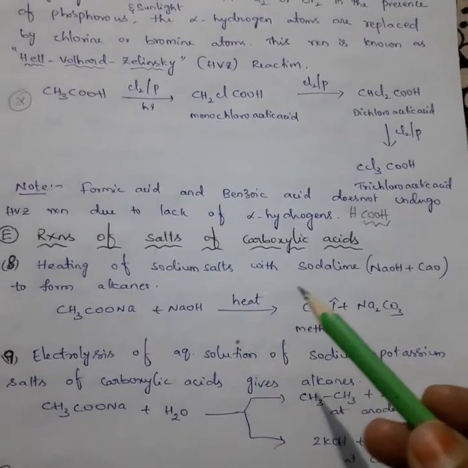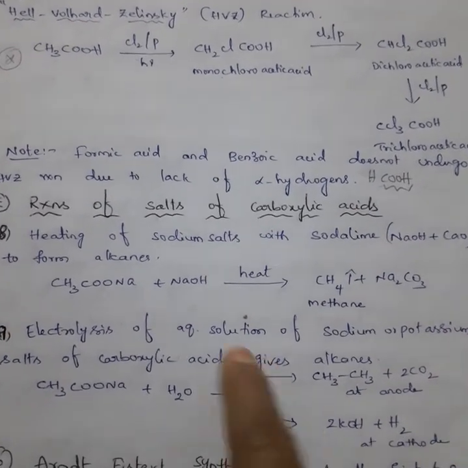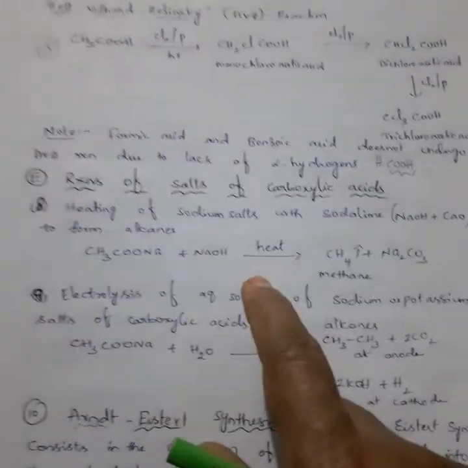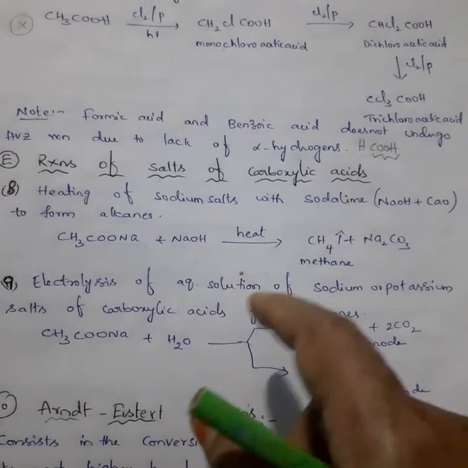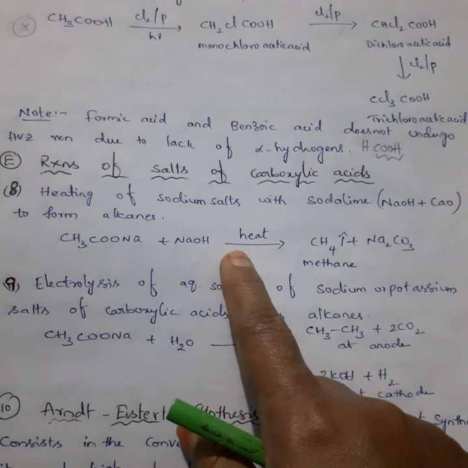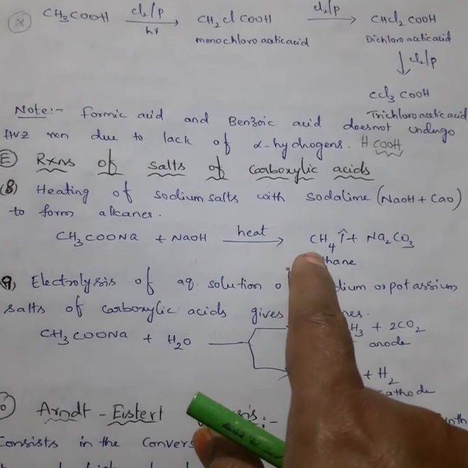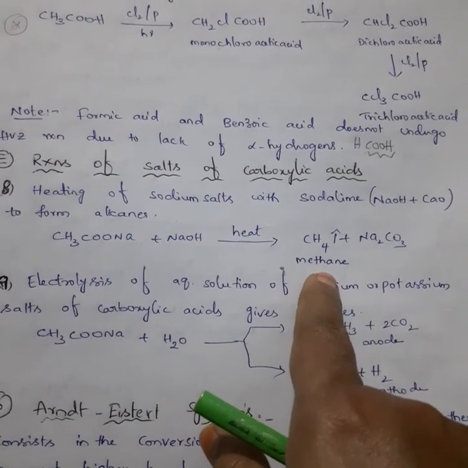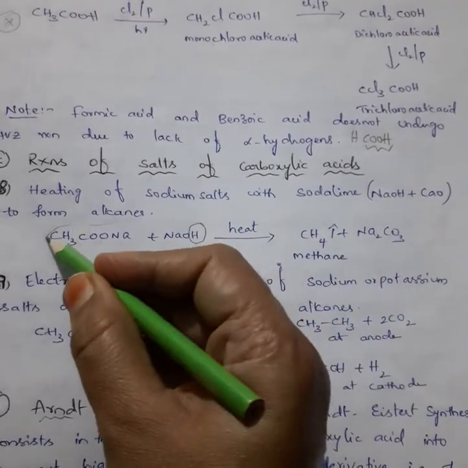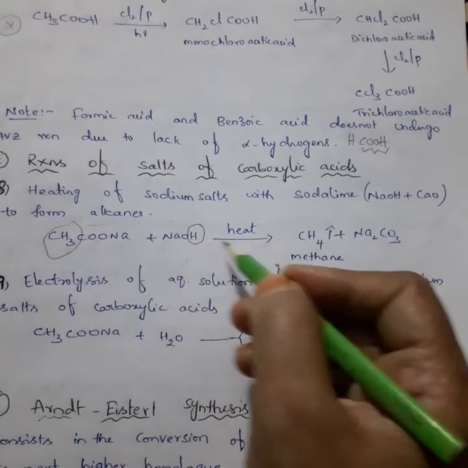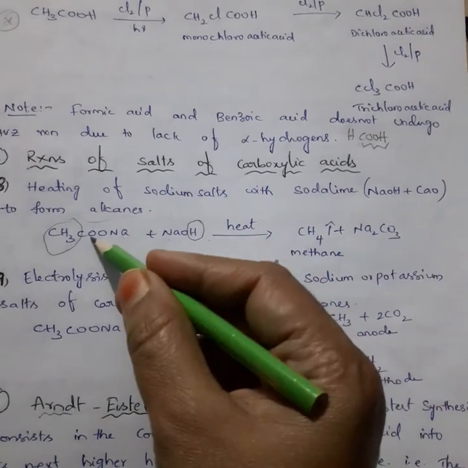Next, reactions of salts of carboxylic acids. There are some extra reactions. Actually these two reactions that I'm showing here come across in your first semester, even in your intermediate level, which we call the decarboxylation reaction. In the presence of soda lime, we remove carbon dioxide so that we get an alkane. Here this H combines with this CH3, so CH3H, CH4. What is remaining? 2 sodiums are there, so that's why Na2CO3.